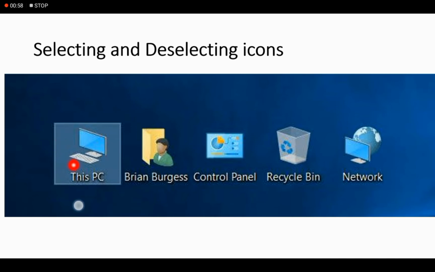The background color of one icon is light colored. So this is a selected icon and all four are deselected icons. So let's discuss selected and deselected icons in detail.